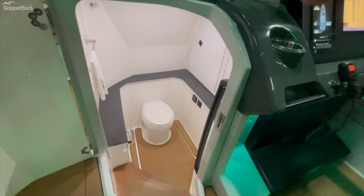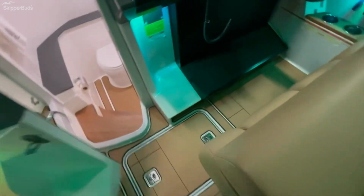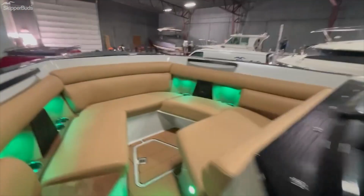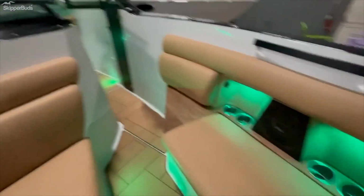A large head with storage and a sink. We've got SeaDeck throughout in the tan, matching the cool touch vinyl. Again, cup holders and RGB lighting up here. Premium sound system, windlass,